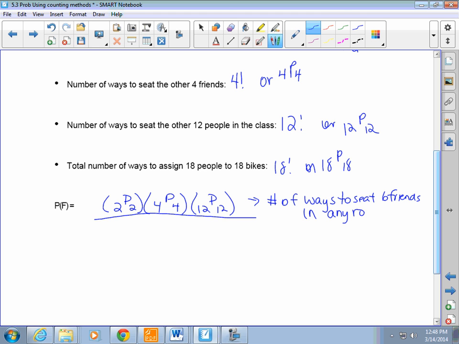And I write any row, but if I take a look here, I've only done this for one row because it doesn't say they have to be in the front row. They can be the front, middle, or back. So that means we have 3 rows to put these in, so there are times 3 ways of doing that then. On the bottom then is all of our